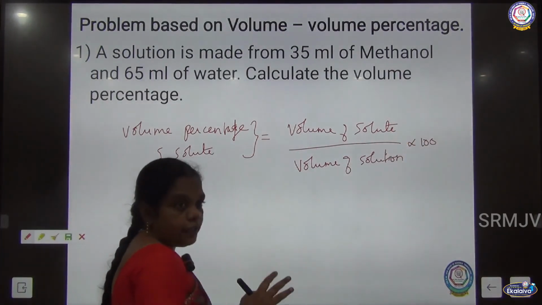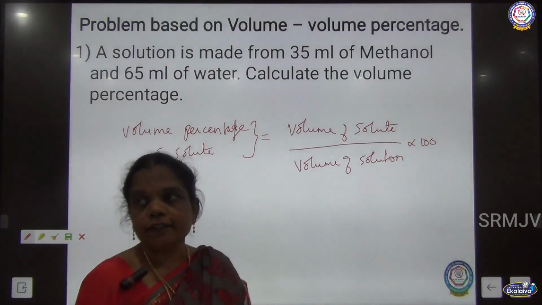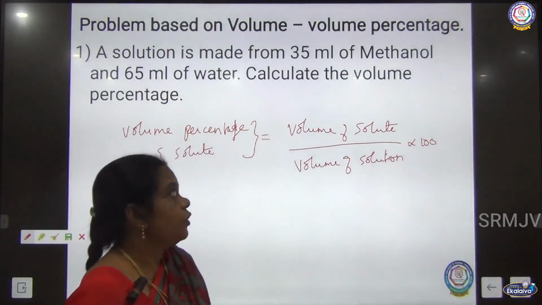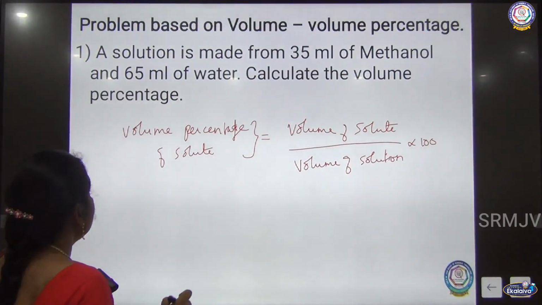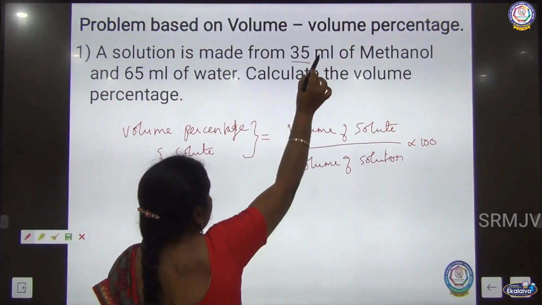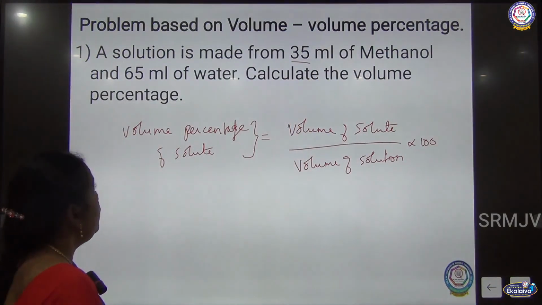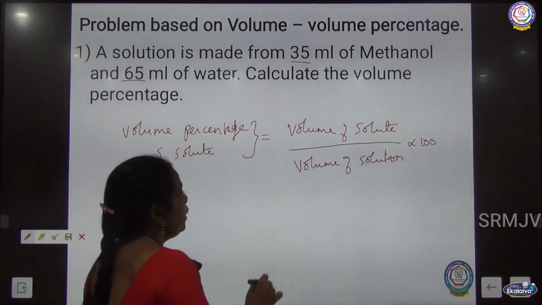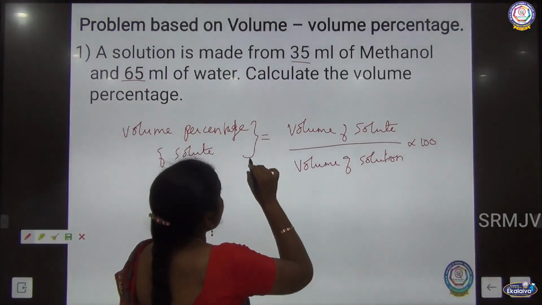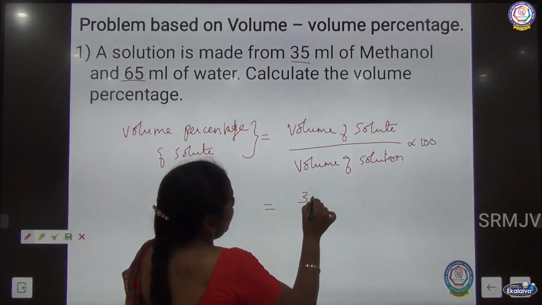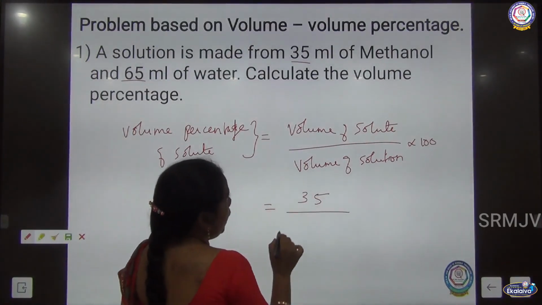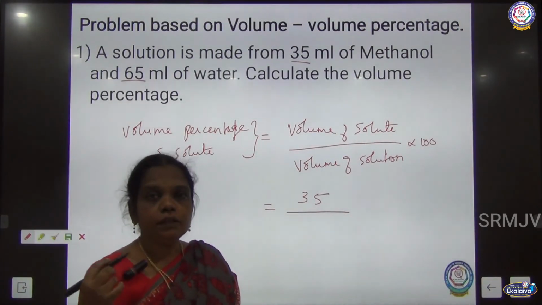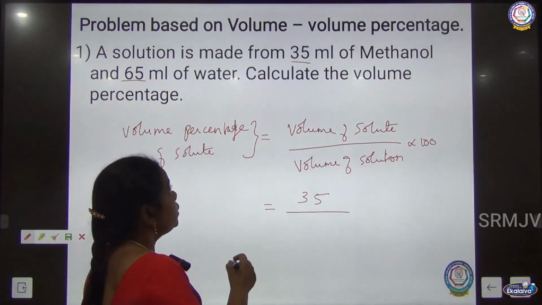So now the same way the lesser quantity is considered as solute and the larger quantity is considered as solvent, and here the methanol is 35, so this is considered as solute, and water is 65, it is considered as solvent. Now you write the volume of solute is 35 divided by the solution, which is the solute plus solvent. So 35